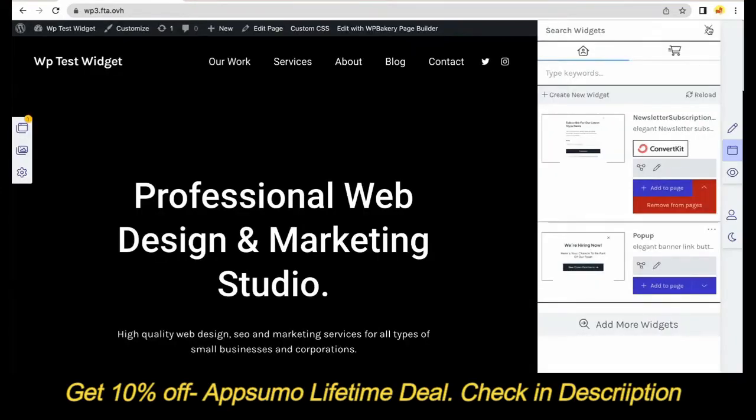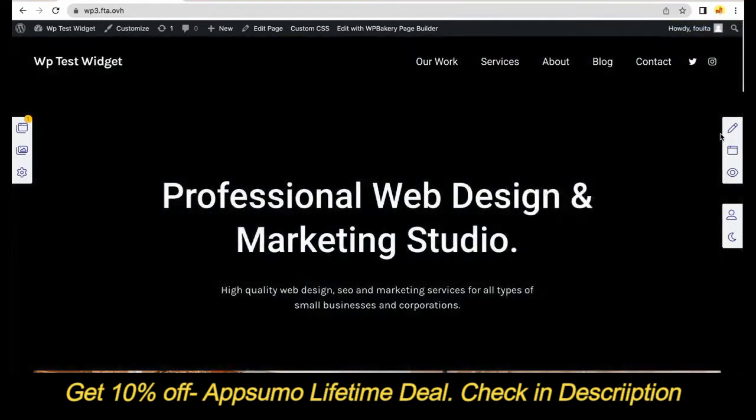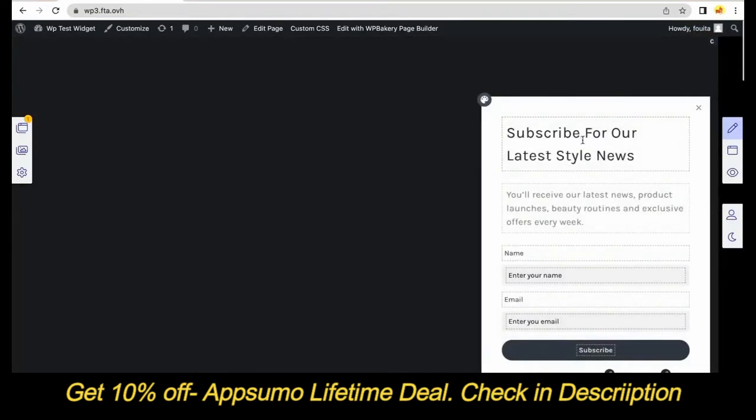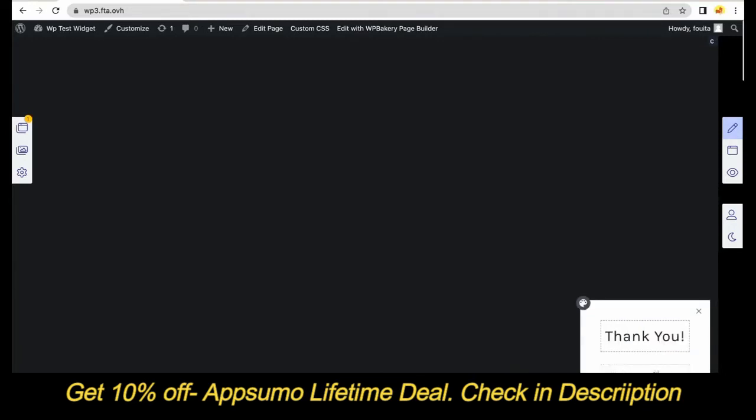Now when we close, we should see the subscribe button and the pop-up. Now when you open edit mode, we can edit, of course, the text. Let's say projects, and we edit the placeholder. Of course, we can edit anything, like the colors. Let's edit the next step text. Say please confirm your subscription, and then